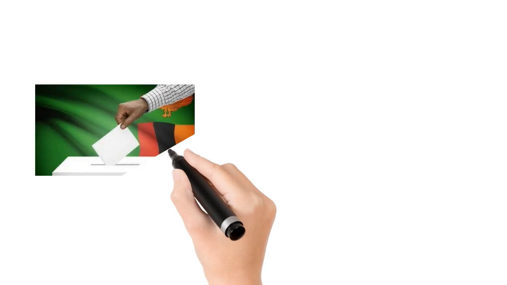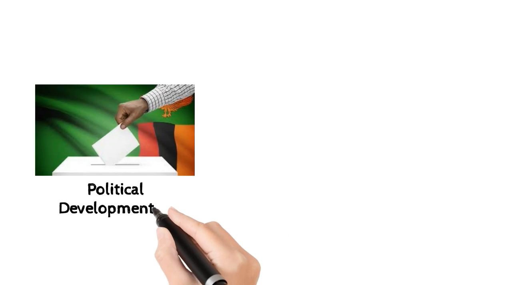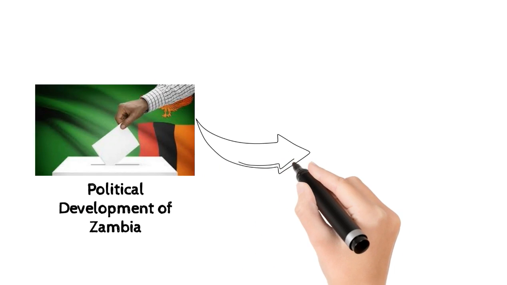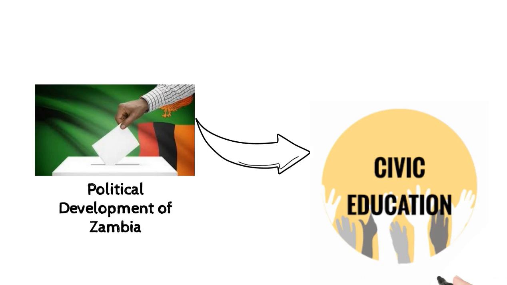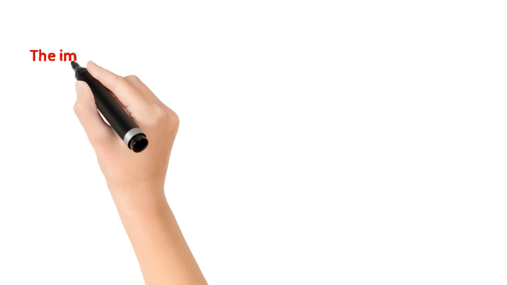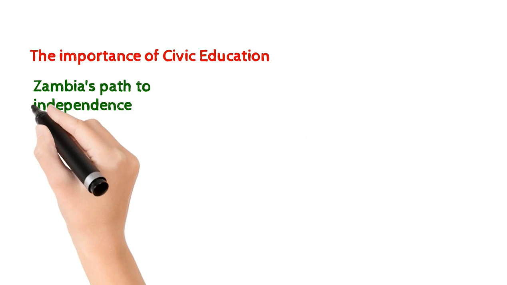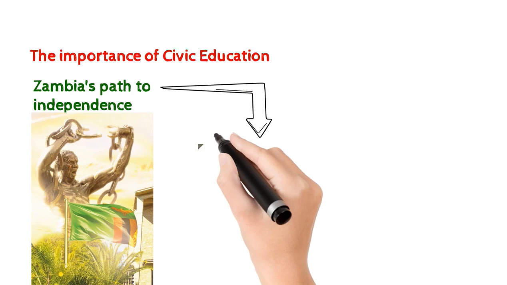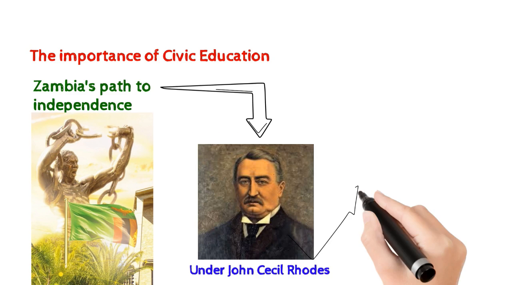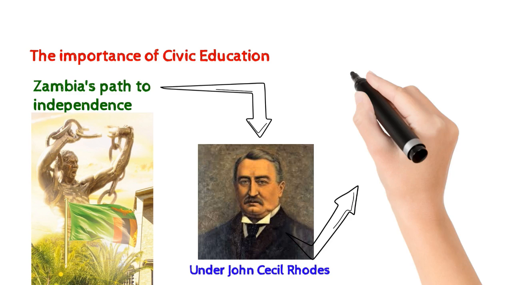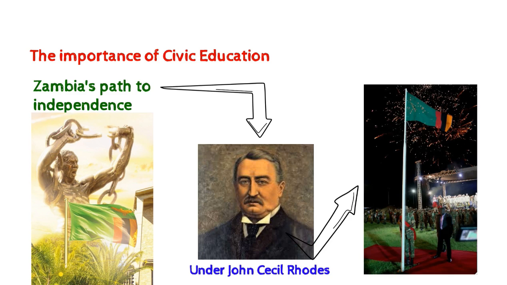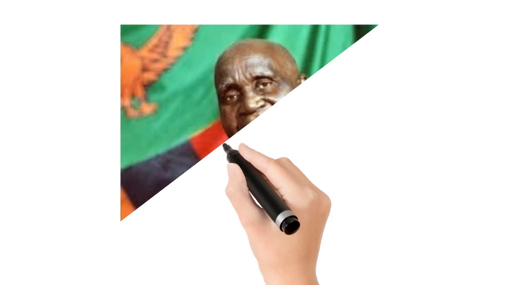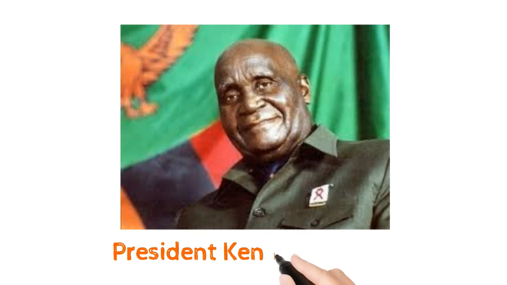In our previous video, we started a new topic which was the political development of Zambia. Under this topic, we defined what civic education was, then we moved on to talking about the importance of civic education, and later we started talking about Zambia's path to independence, where we discussed the time when Zambia was a British protectorate to a time where Zambia became an independent state. And we concluded by saying that in the year 1964, Zambia became an independent state with Kenneth Kaunda as its